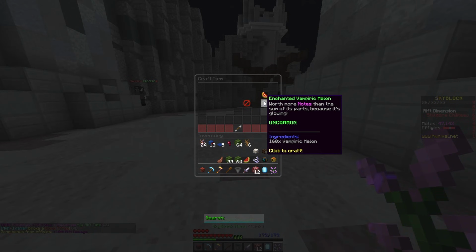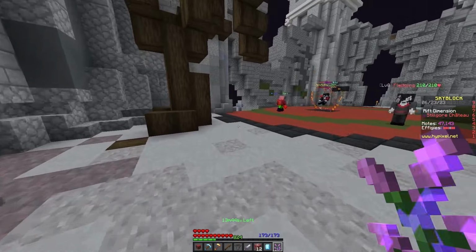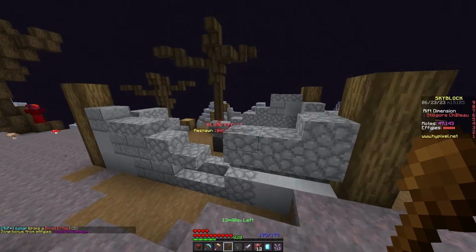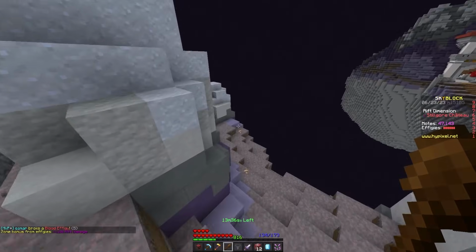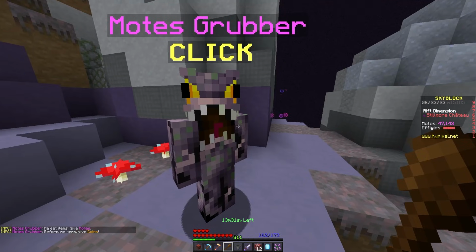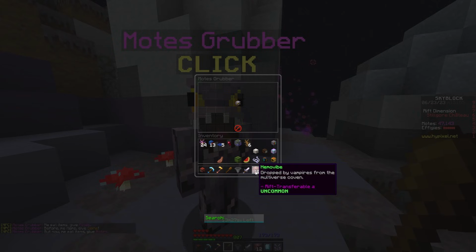All right, so I got the stuff to do the craft here. You can see enchanted vampiric melon, worth more motes than the sum of its parts because it's glowing. All right, so if we bring this over to the mote scrubber that is in this area, there is one over here, you're going to see that this sells for a lot, and I mean a lot of motes. It's going to sell for, I believe, 21,000 motes,